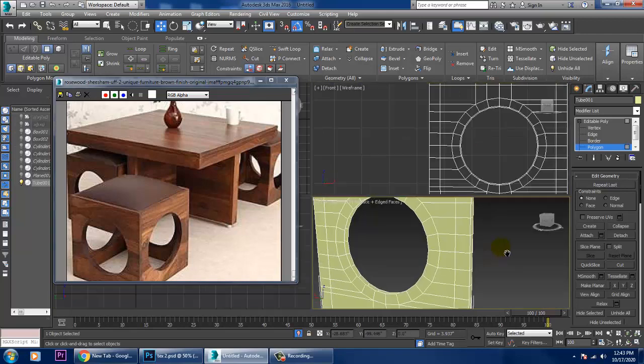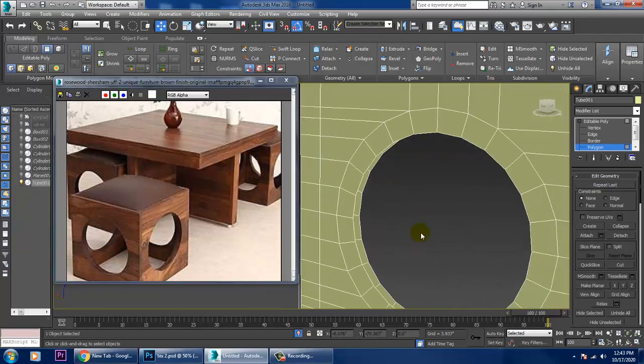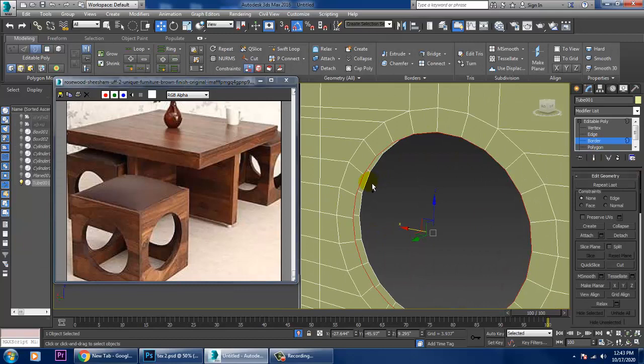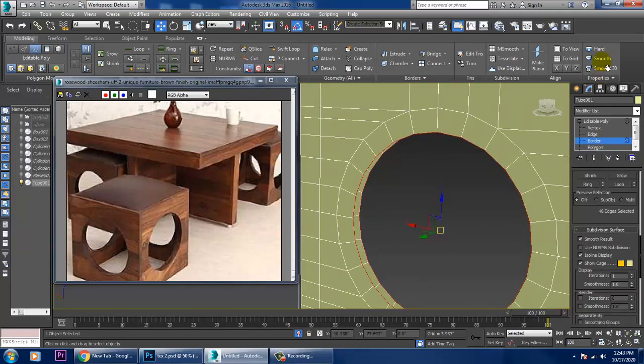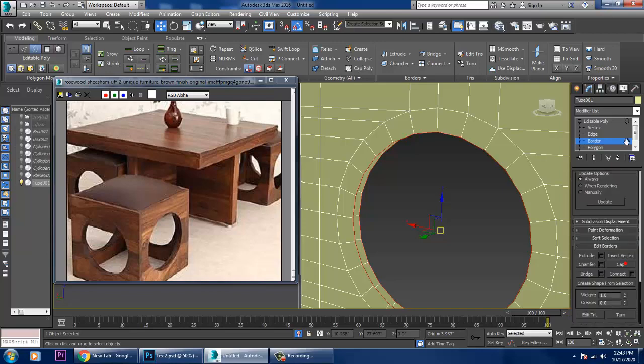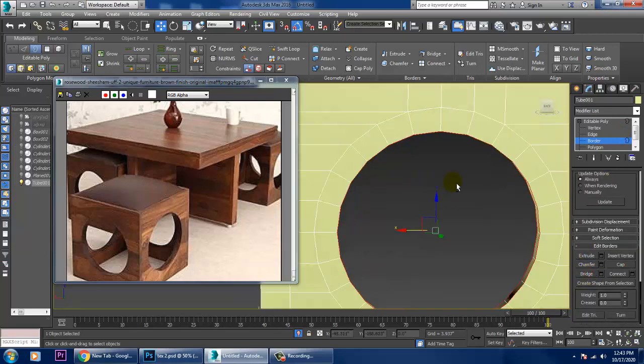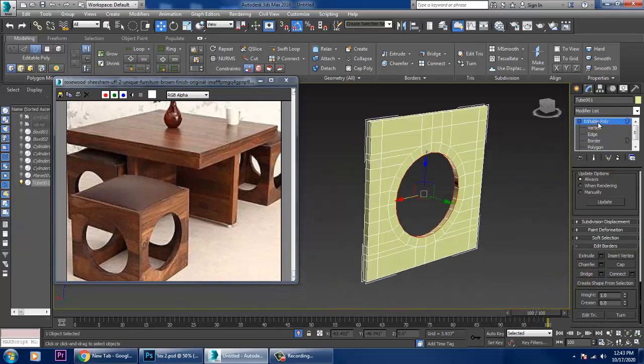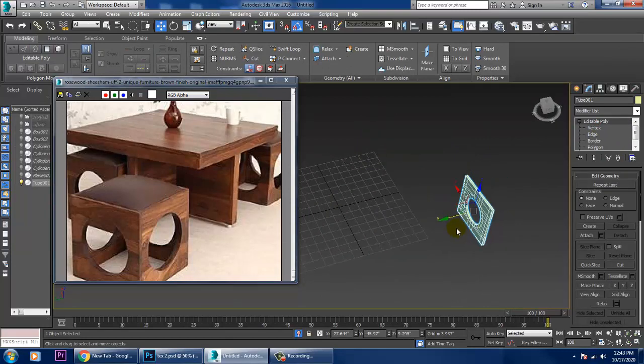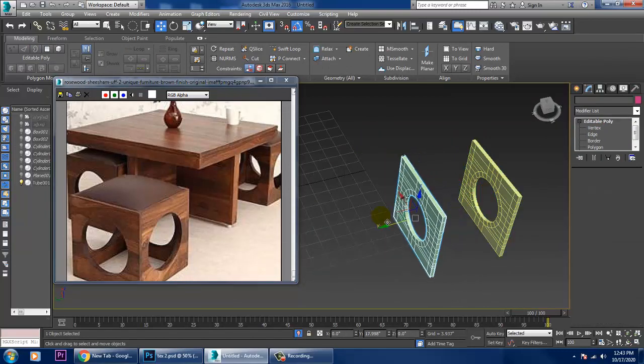Just delete this. So select the border again, this border and this border, and you have a bridge option, just bridge it. So once you're done with this, we can just duplicate it over here in this way.